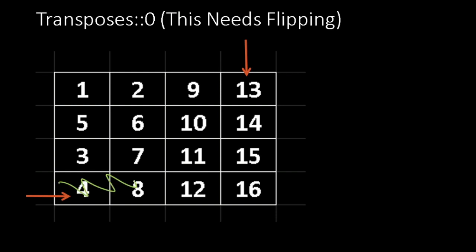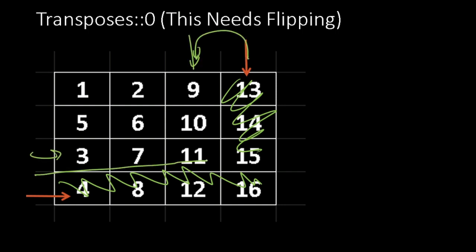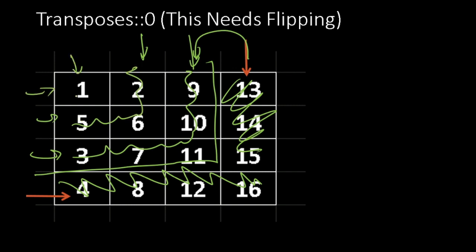What that means is, let us take care of this first, then we don't have to worry about it. So then we can look at a smaller matrix. We can look at L is equal to 3. Then let us sort things here. Then we can look at L is equal to 2. Then we can sort things here. Then we can look at L is equal to 1. We don't have to look at L is equal to 1.